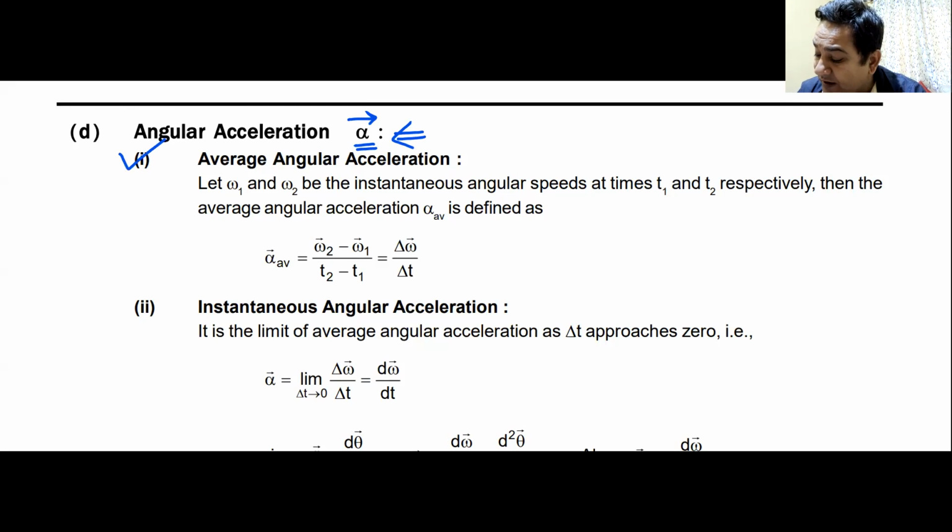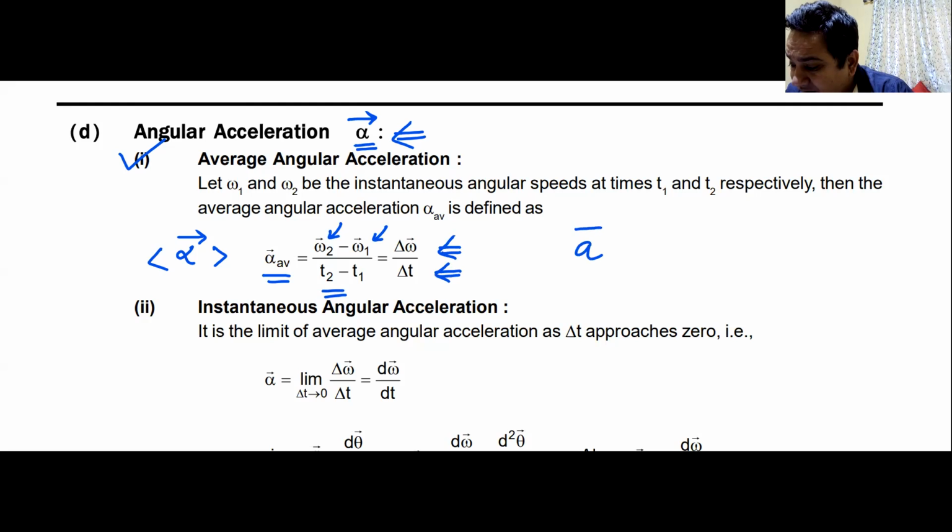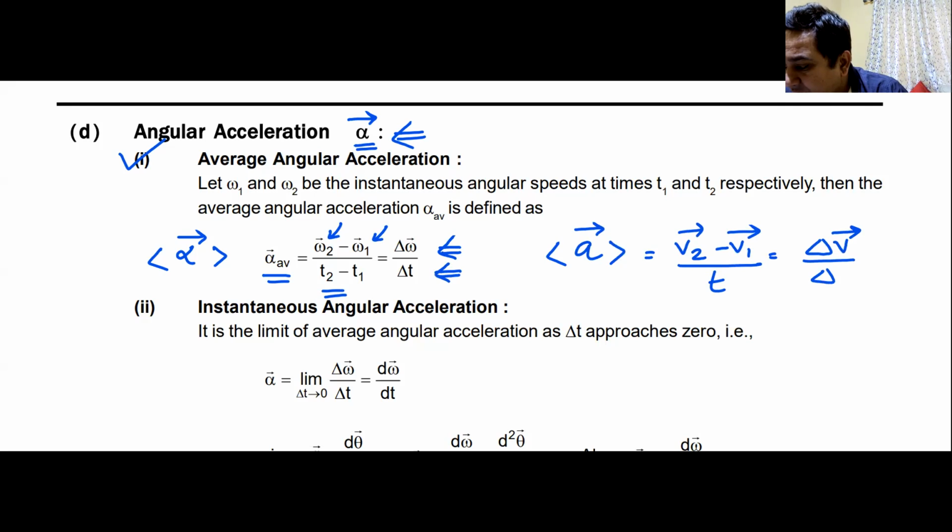The first would be known as average angular acceleration, alpha, with a vector sign. It is a vector put in a dabba. This dabba means the average or the mean value. That will be final angular velocity omega 2 minus initial angular velocity omega 1. Remember, these two are vectors divided by the total time, or I can write change in angular velocity divided by total time. It is same as writing acceleration A, average acceleration A is v2 minus v1, or v minus u divided by t, or I can write it as delta v vector divided by delta t.